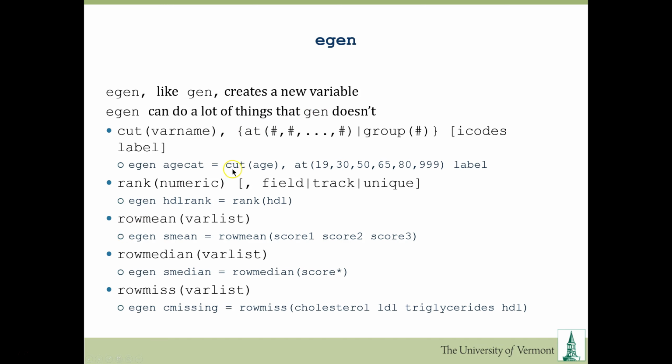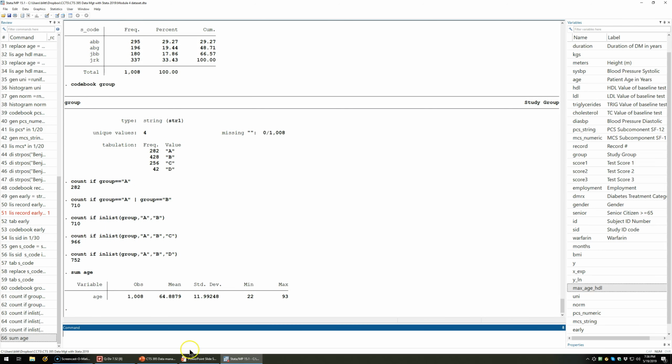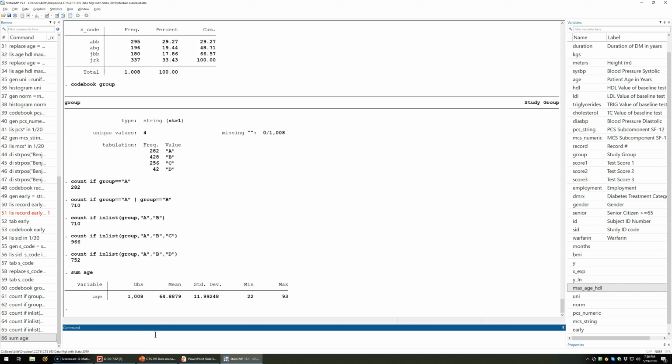So let's cut age. Now we know that age runs, well, let's take a look. What is our distribution of age? Age runs from 22 to 93. We expect adults in this data, so 19, or 18, would have been about the lowest we'd expect. So I'm going to create an age category, and I'm not going to use gen, I'm going to use egen, because I want to